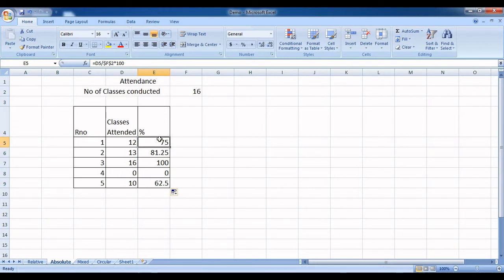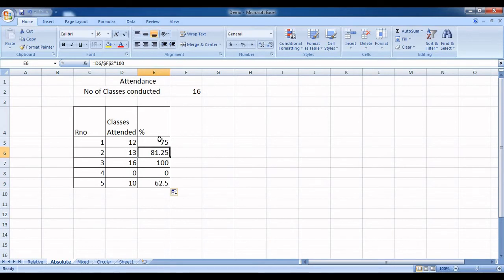Let's see what happened now. D5 divided by F2. D5 is 12 and F2 is 16. D6, 13, divided by F2. Earlier it was being updated. For the second value we had F3, for the third one we had F4, for the fourth one F5, for the fifth one F6.